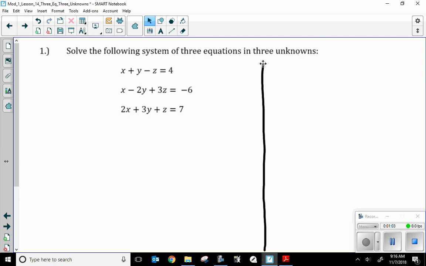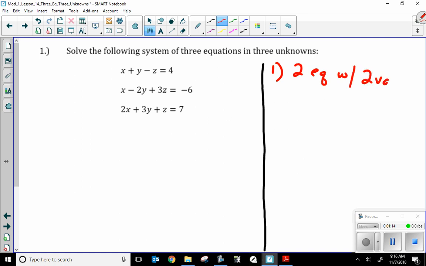So the first thing is, and we just said this, we need to get 2 equations with 2 variables in it. That is going to help us, okay? So we're going to eliminate one of the variables, all right? And how do we eliminate a variable? Well, we need to eliminate one variable, and we need the same